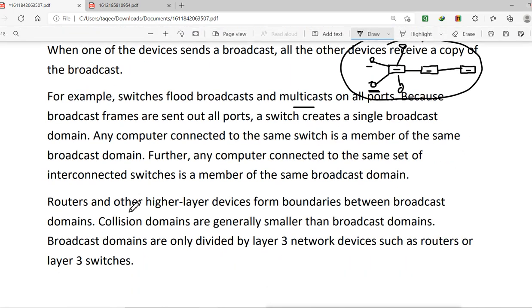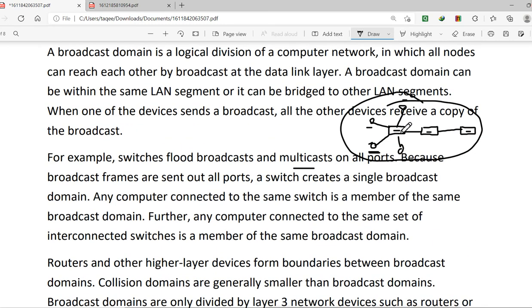Now routers and other higher level devices form boundaries between broadcast domains. Collision domains are generally smaller than the broadcast domains, and broadcast domains are only divided by layer 3 network devices such as routers or layer 3 switches. So if we have one broadcast domain here, but if I put a router here, what will the router do?